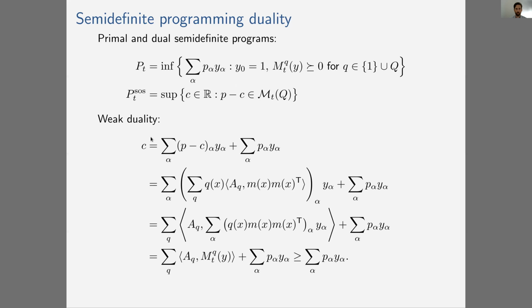So if you look at the beginning, we start with C, then in the end we show